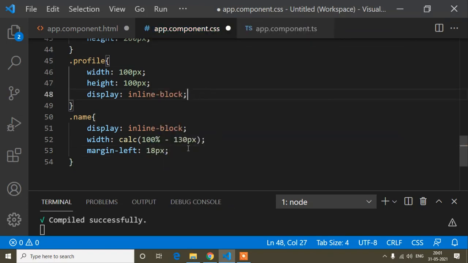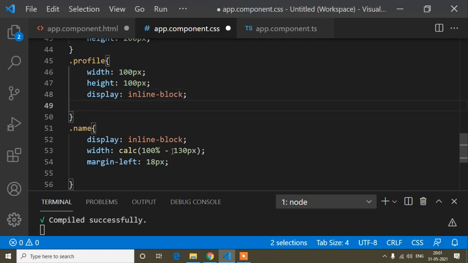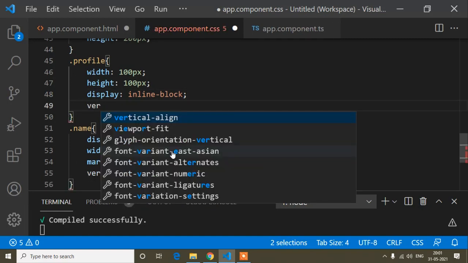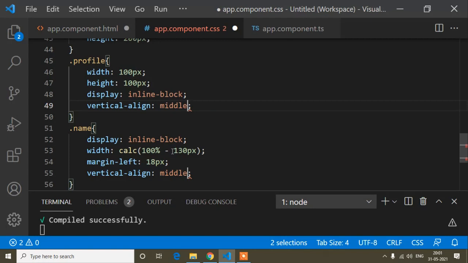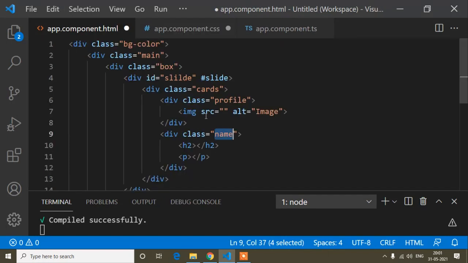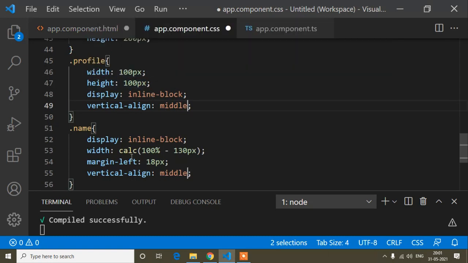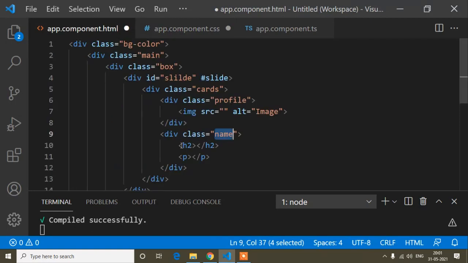And guys, here on both these classes I will add another CSS property that is very important: vertical align middle. Suppose the profile image height is 100 pixels, as you can see I have defined, but in this name div I have added an h2 and p tag.